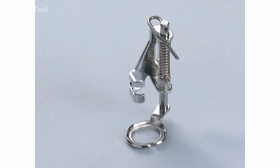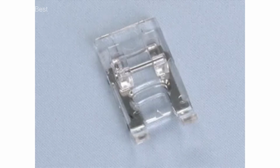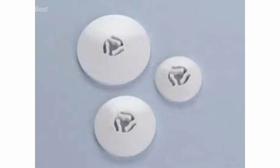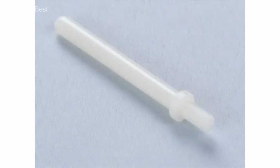Item details. Model number 7258. 100 stitch electronic sewing machine, bobbin class 15J, needles 2020 and 2045, light bulb LED, UPC 0374318827669. Number 2 on our list,